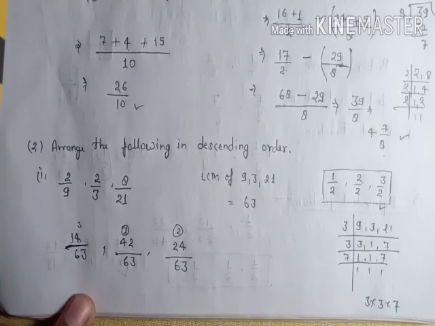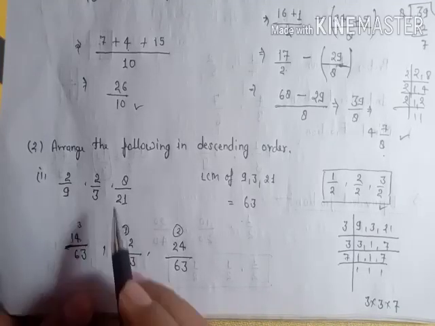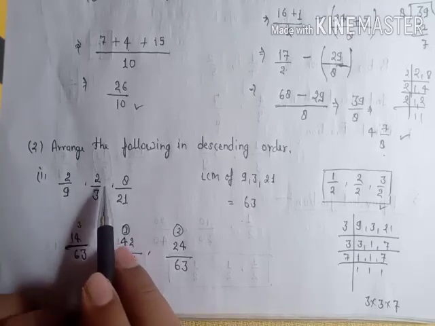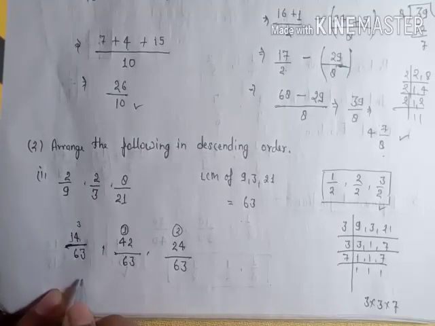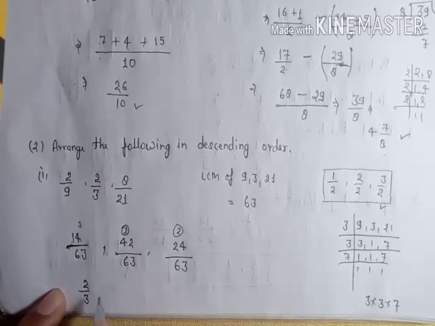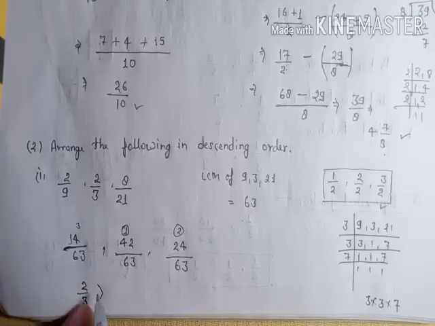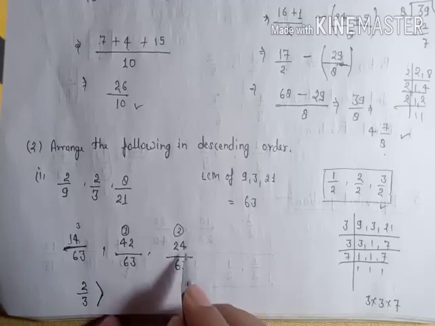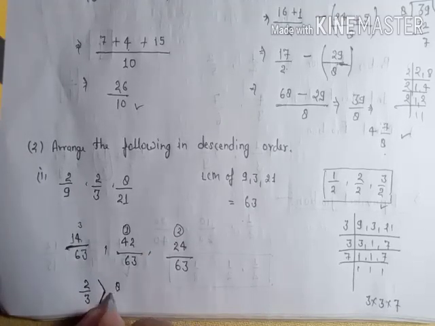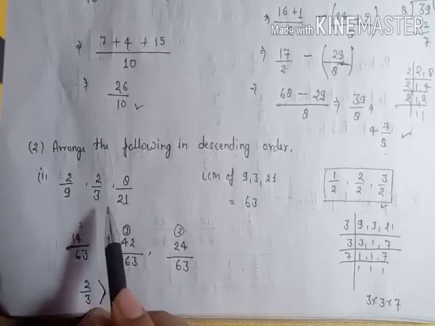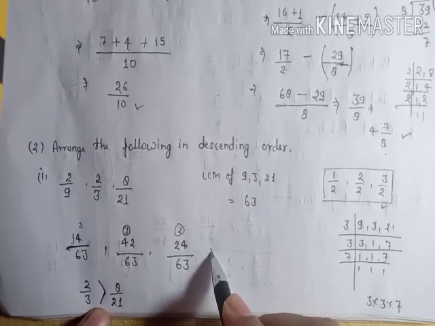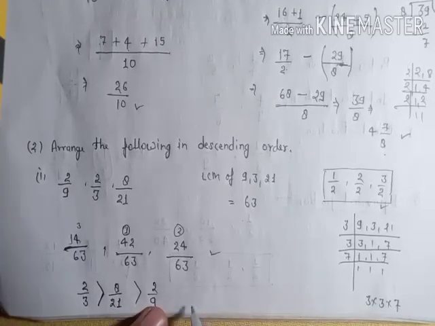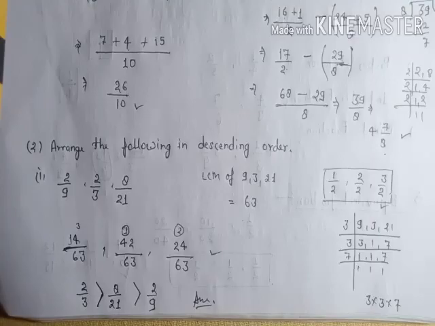So first you have to write the greatest fraction. And here 2 upon 3, because 42 upon 63 is the equivalent fraction of 2 upon 3, so you have to write 2 upon 3 first, it is the greatest. So write it here and make the symbol of greater than, and then you have to write 8 upon 21. We will write our initial fractions, not these, because these are here just to get the answers. And the last one is 2 upon 9. This is your descending order, your answer.